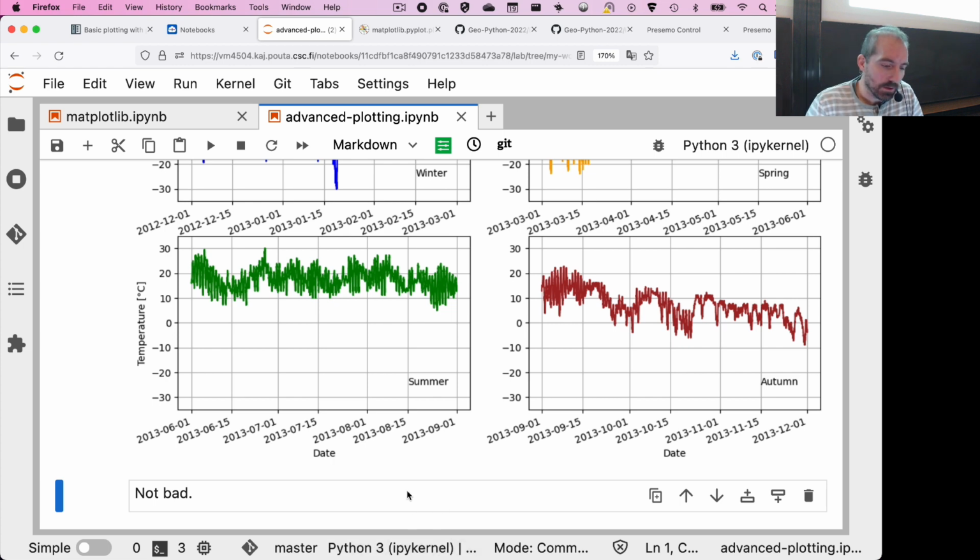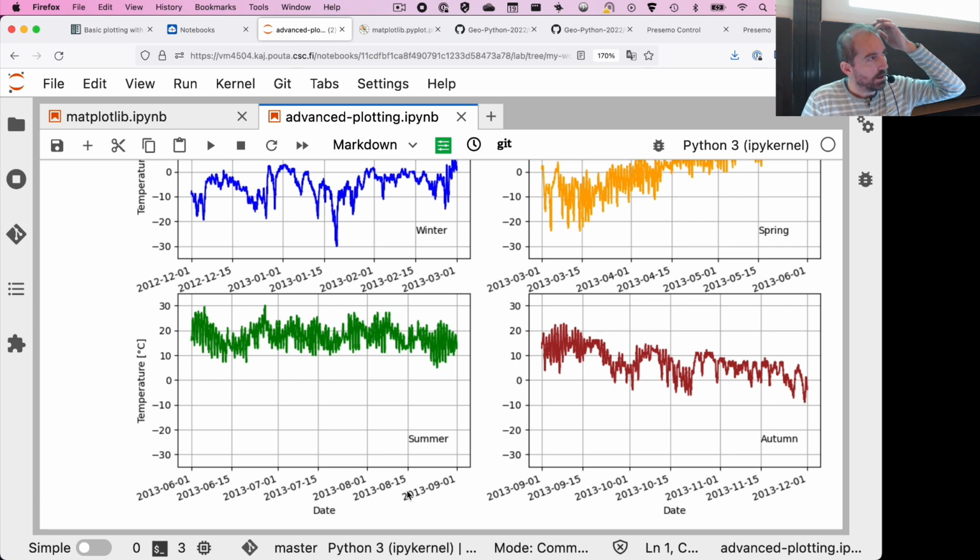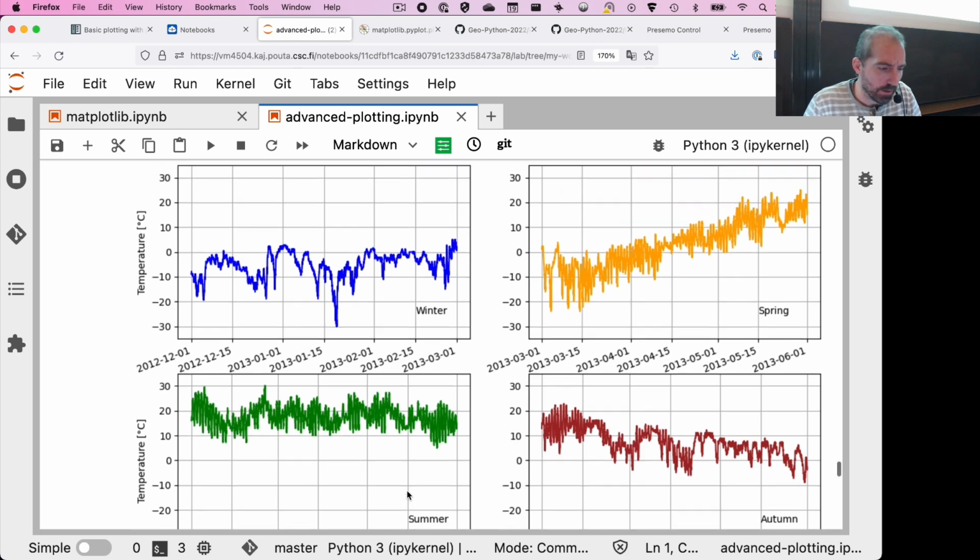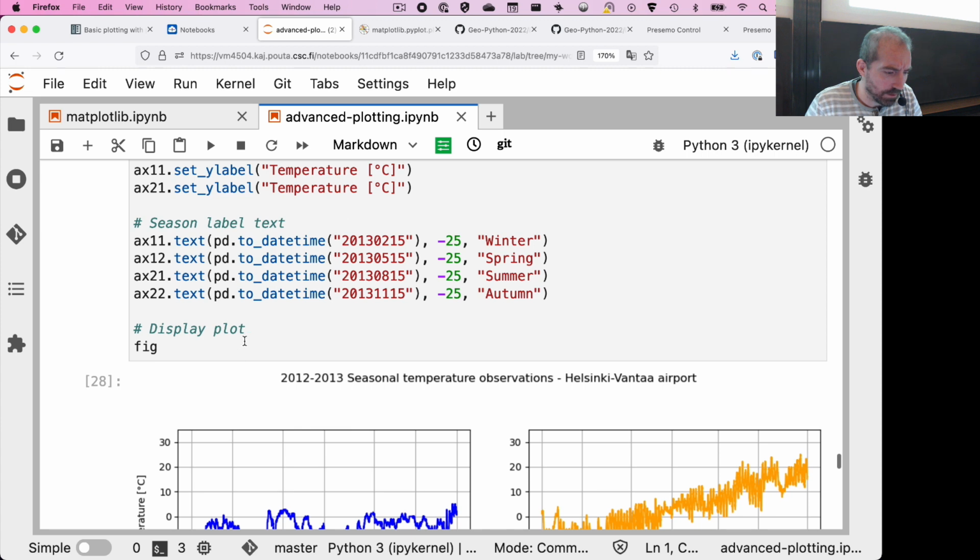Yeah, so space between the subplots, I think it is possible to add it. I can't remember off the top of my head what the command is to add the padding between the plots, but of course it's possible to do that. We could also check and see, like, if we do